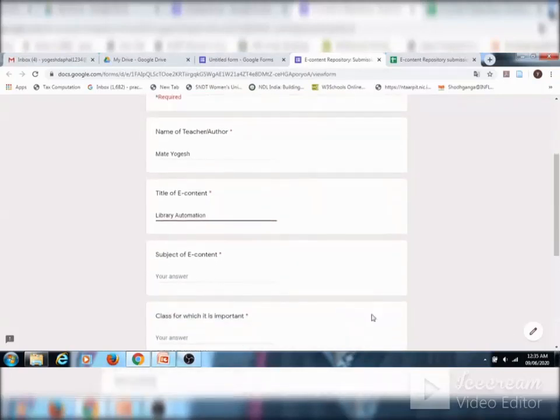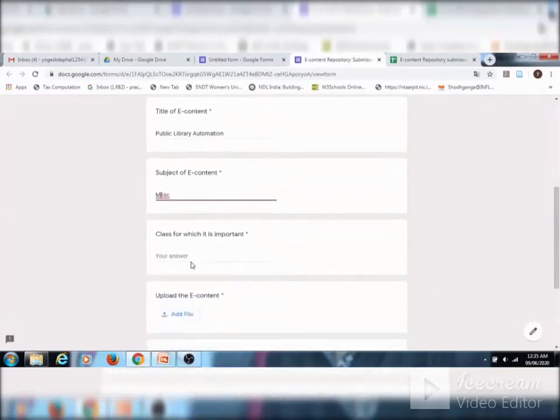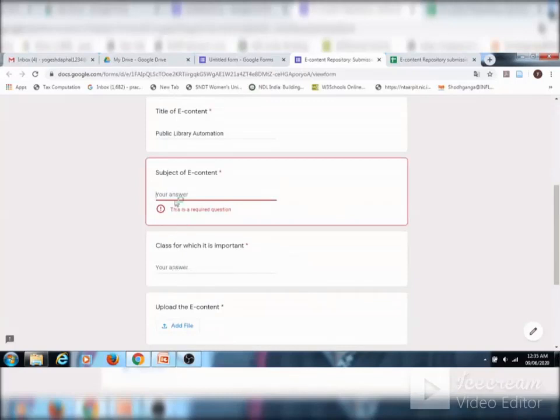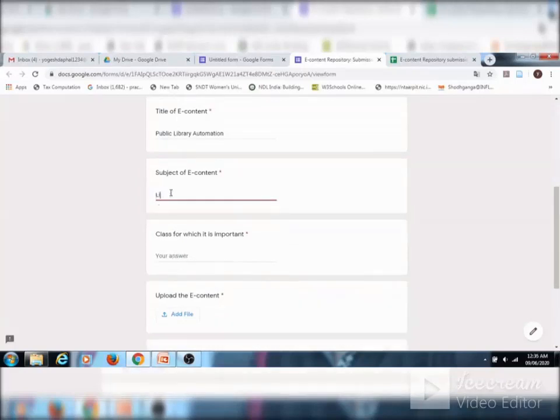We type the title as Public Library Automation, then we write the subject of the e-content, for which this e-content is useful, that is for the subject library automation, and for which class it is important, it is useful for MLIb. Then we can upload the actual e-content material here,